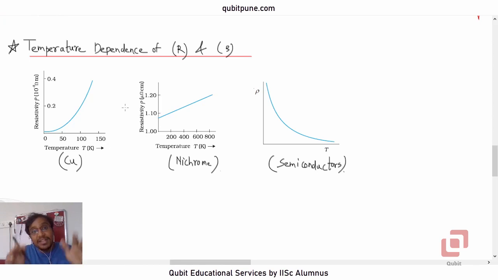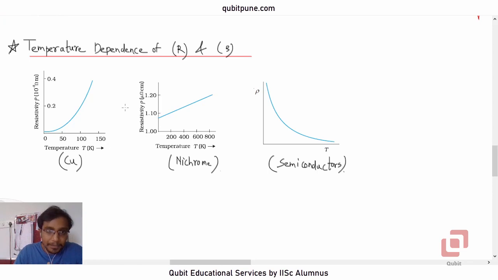Of course the reasons behind these are hidden in the molecular or atomic structure of the respective substances. For semiconductors, if I increase the temperature, more electrons are available in the conduction band, therefore the conductivity increases and resistivity decreases. Whereas for metals like copper, if I increase the temperature, that amounts to an increase in thermal energy, leading to more collisions, therefore the resistance will increase, as more obstructions will be posed